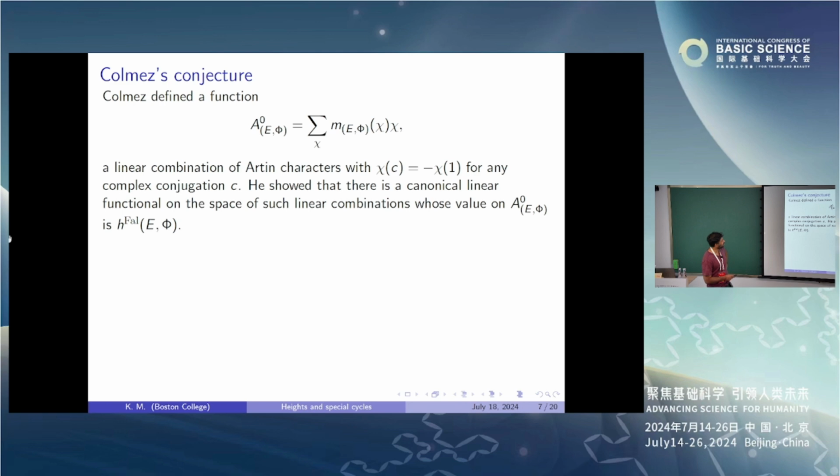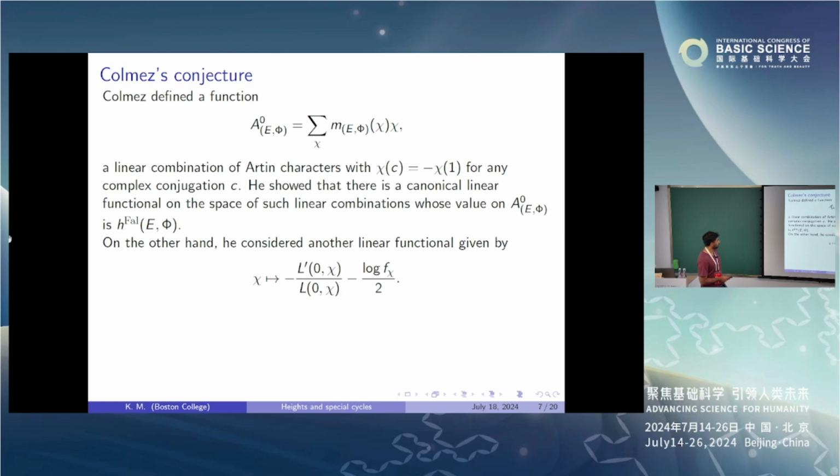And so essentially the point is that there are many relations between functions defined in this way. So first of all, these functions generate the set of such linear combinations. And furthermore, the relations between them are respected by this functional. So he used this now to define essentially the other side of a Chowla-Selberg formula.